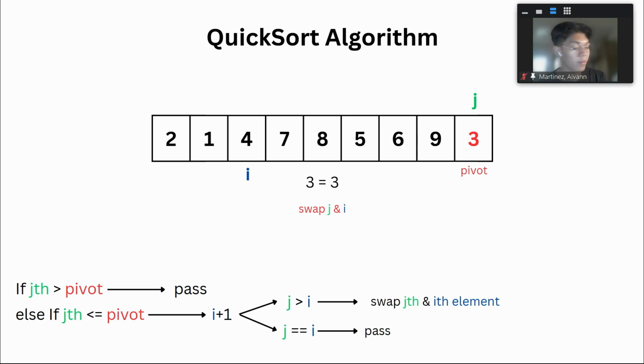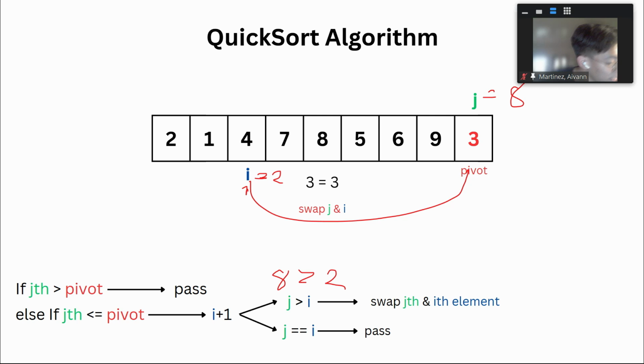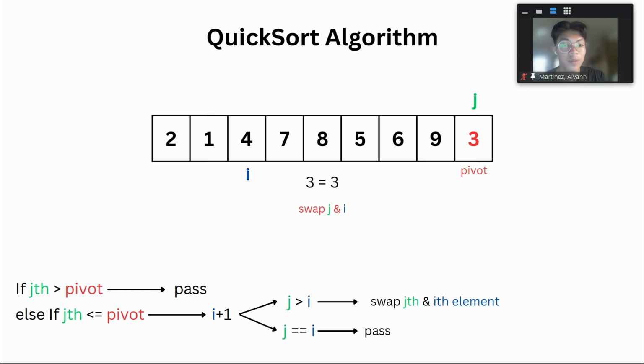Is our jth element now less than or equal to our pivot? Yes. So we have already iterated i. i now is equal to 2, and j now is equal to 8. So after iterating i, we have to ask again, is j greater than i? Since 8 is greater than 2, we have to swap the jth and the ith element. So swapping them, this will give us